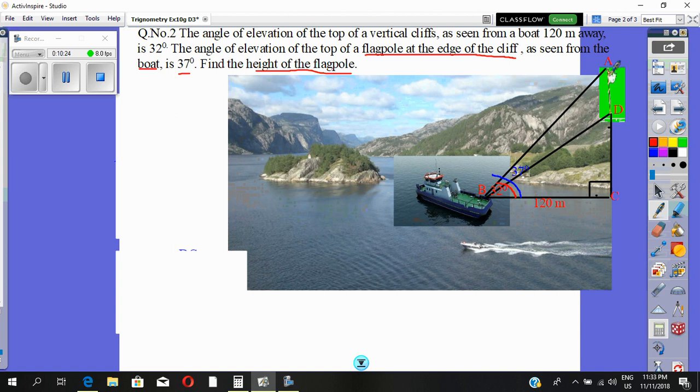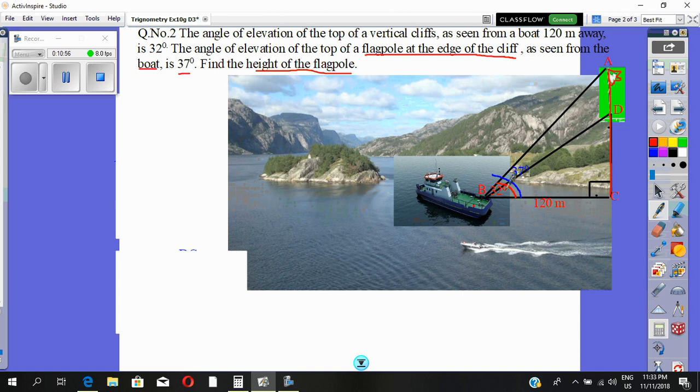You're supposed to find this height. This one, the height, is the flagpole. Here, the flag is here. And this is the cliff, the edge of the cliff. The height of the cliff is here. And this one is the boat. From the boat, if we observe,